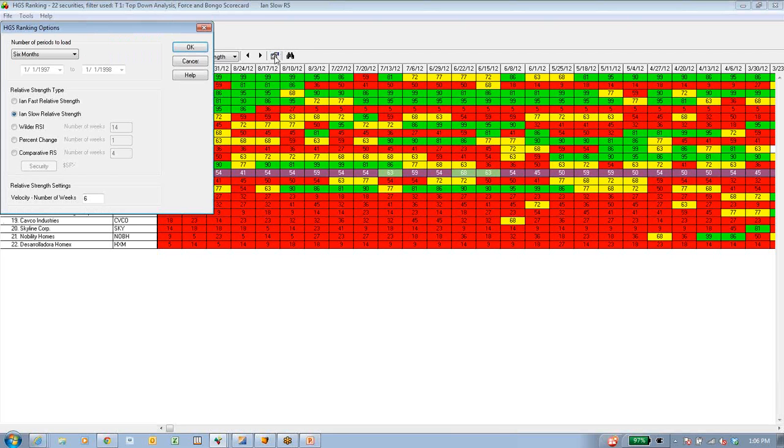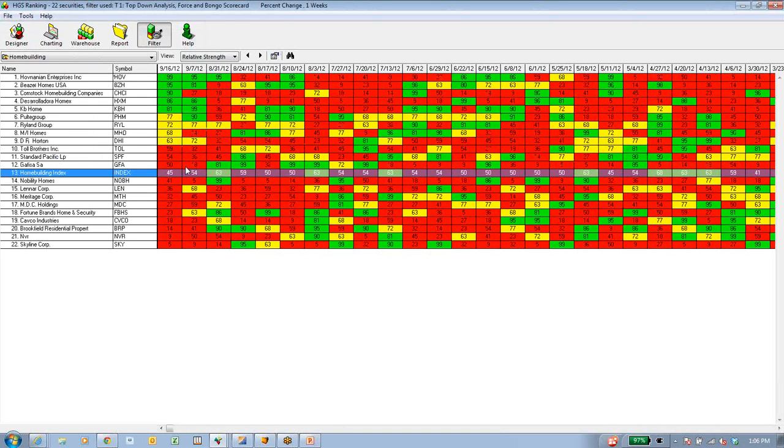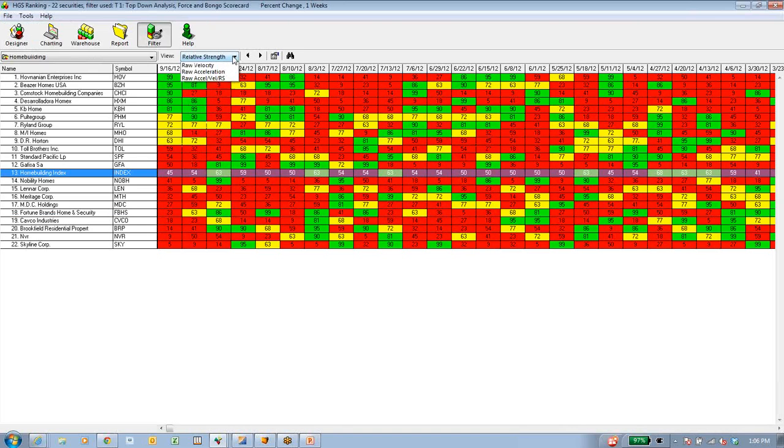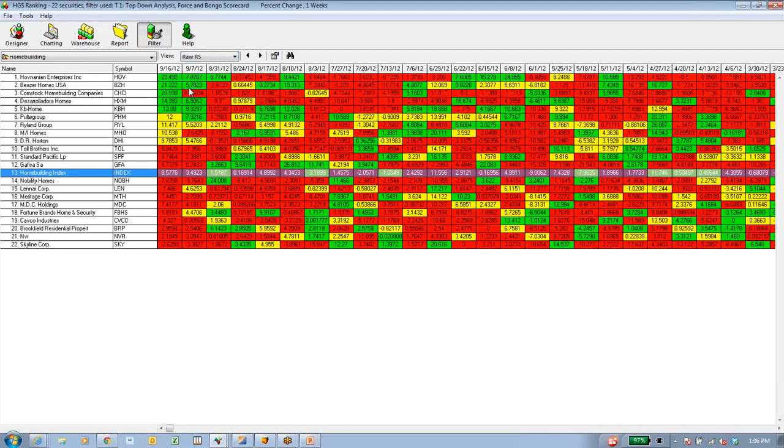If I want to look at percentage returns, let's just look at weekly percent change. And I didn't do that. Oh, I got it. I'm sorry. I have to go into raw relative strength. This shows a 23% change in Hovnanian over the last week, 21% in Beazer. As I said, I have Pulte, which underperformed at only 12%. So some of the leaders, Lennar, Toll Brothers, DR Horton,